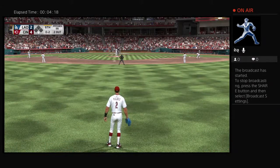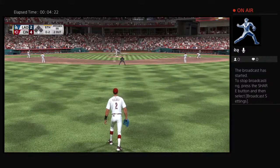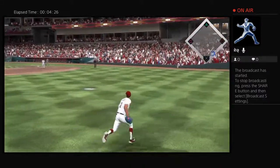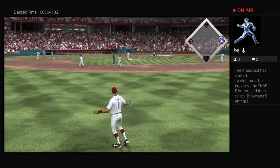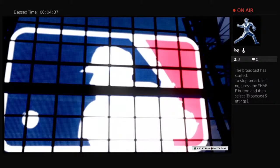In is the catcher, Jonathan Lucroy. He's 0 for 2 with a strikeout in this one. This one's flared toward left center. Here's the center fielder. He can't get there as it falls in. This is when you really know you're on a hot streak. When a ball falls in like that, you sit back and you just say,